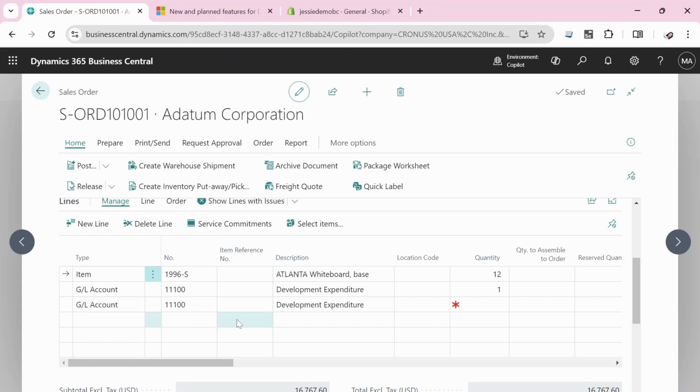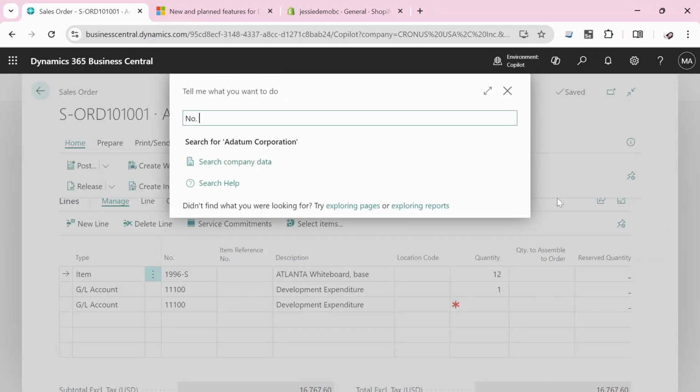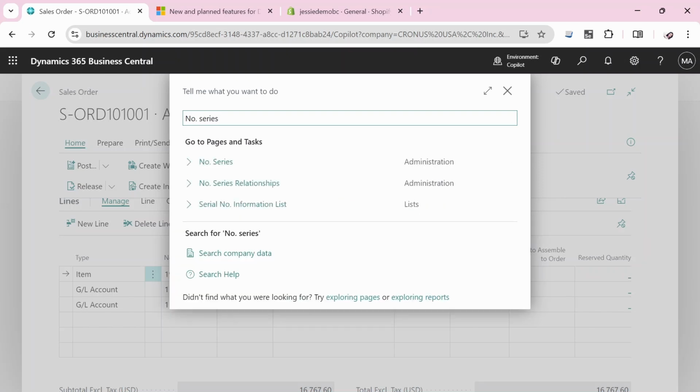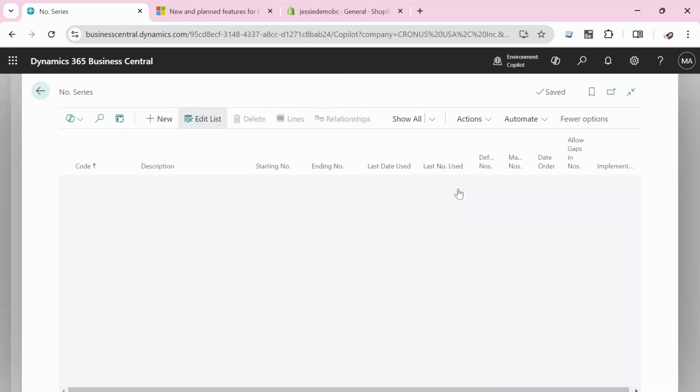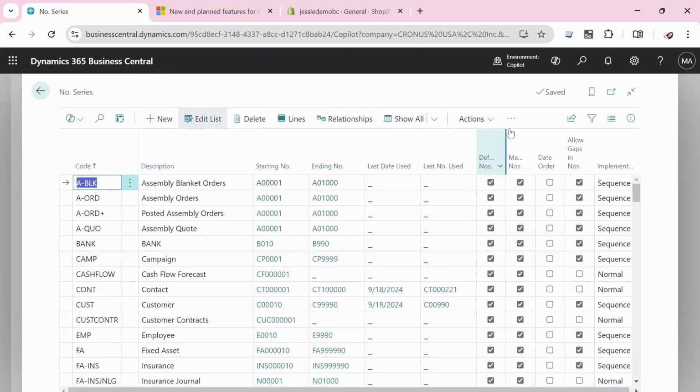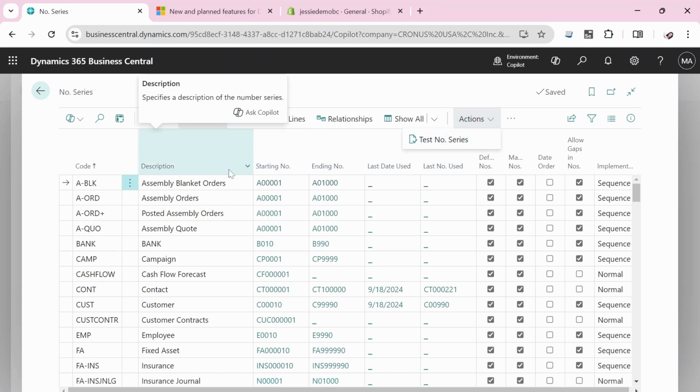And also there's a feature for Copilot available for number series. You can use Copilot to help you generate a number series. I do not have it available in this preview version, but later, if you have it available, you can go to actions and generate. And when you click on generate, you can have the Copilot generate the number series according to the criteria